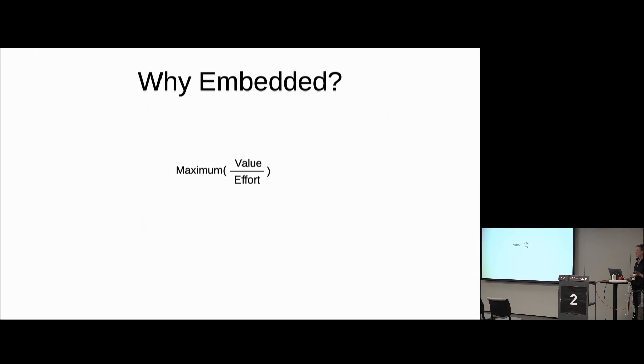So the question is, how can you get effort to go down? Now, what I've shown is that there are a lot of hacks you can do in order to get Qt to do stuff that it can't do. And if you're able to get Qt running on a device, which typically for vanilla cases does not require a lot of effort, then the effort goes down and you get more stuff done, which definitely increases this formula.